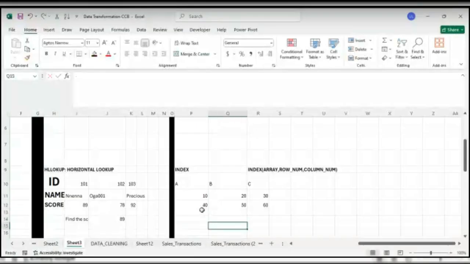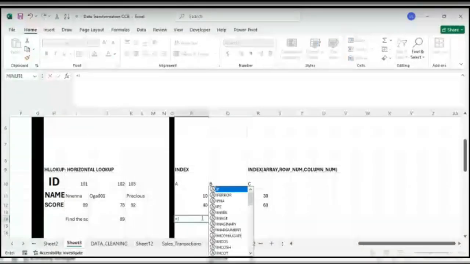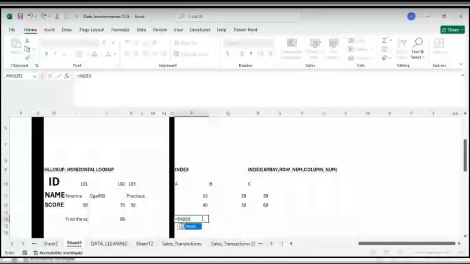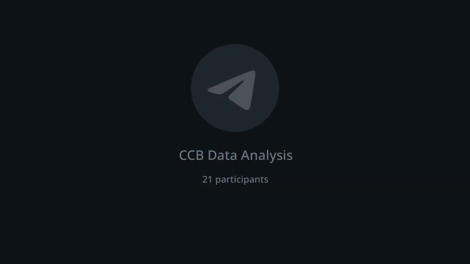So if I have this formula index, it says it returns a value or reference of the cell at the intersection of a particular row and column. One thing with Excel is that even before you start writing your formula, it will give you a clue of what that function does for you. So we have index and it's telling us to select the table array. So we are selecting all of this,